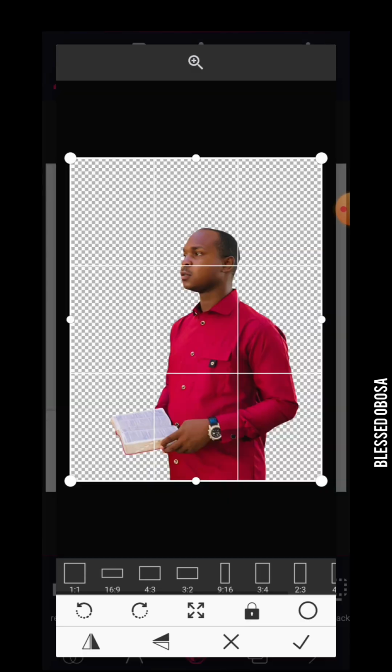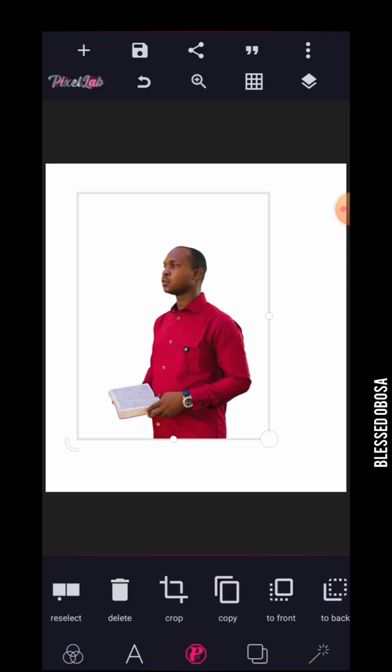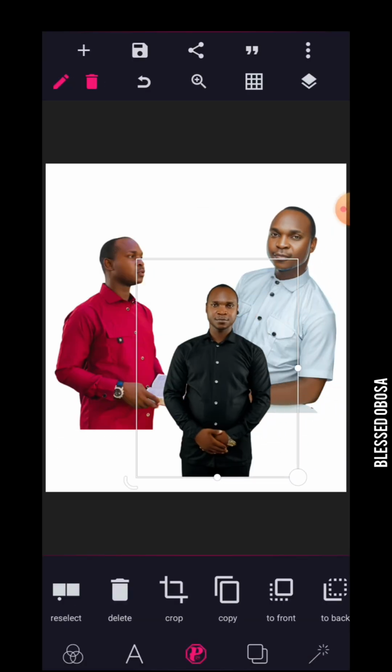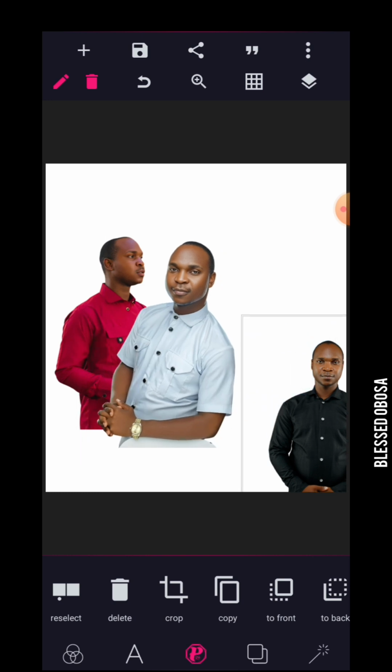Now this is the first step to this design. So I'm going to be going through this step by step. Please just follow me. So the first thing I'm going to do is to insert the pictures. Yep, so this is the first picture, and I'm going to increase this,